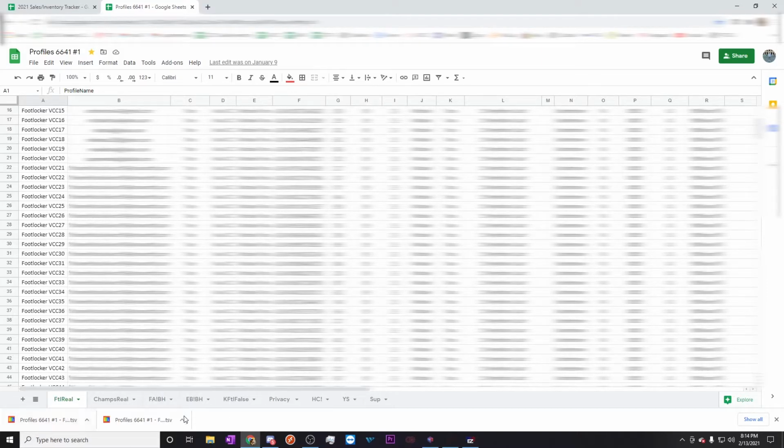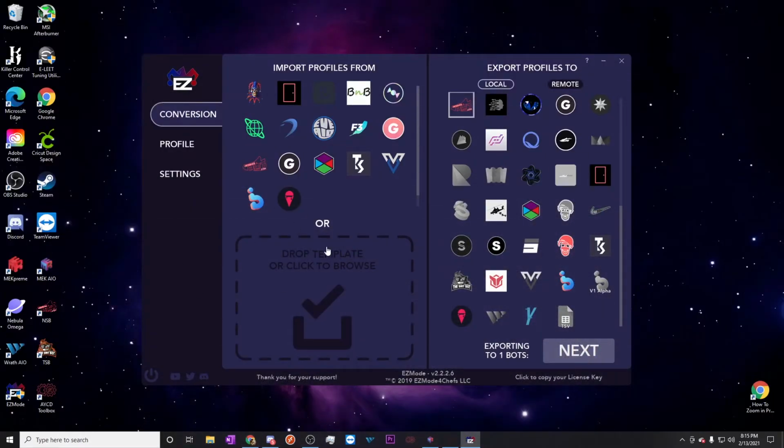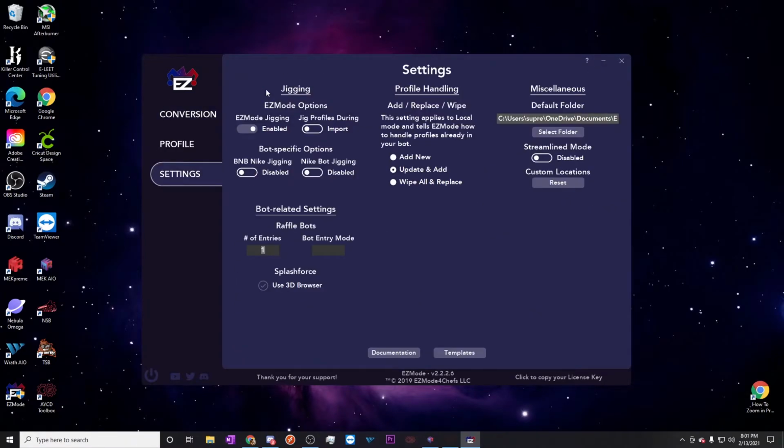I already have it saved and put in a folder, so once it's there, you can take it out of your downloads and organize it yourself. For me, mine's already organized, and I'll show you guys how I do everything through here after that. Alright guys, now that you know how the spreadsheet works and how the jigging works for the EZMode spreadsheet,